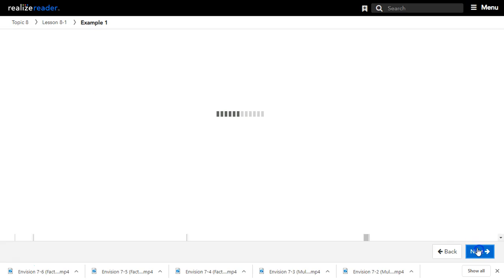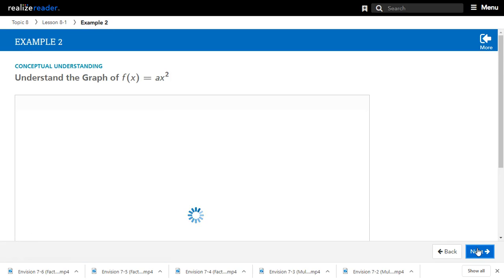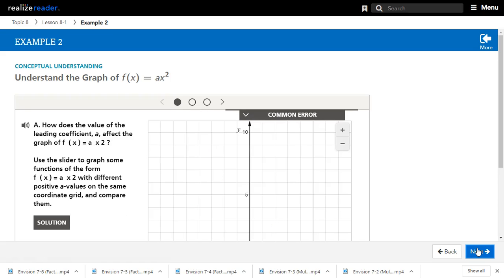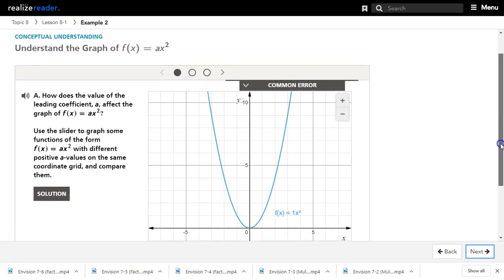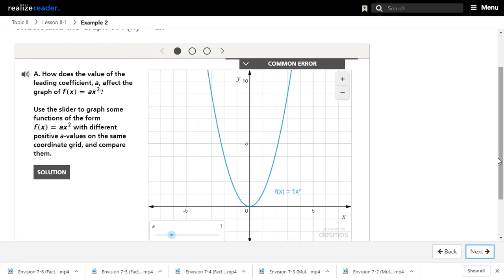All right, let's look a little more into it. Here we are. It says, how does the value of the leading coefficient a affect the graph of f of x equals ax squared? So, they've taken the parent graph and they added a what? An a. We just talked about this, okay? So, use the slider to graph some functions of the form f of x equals ax squared with different positive a values on the same coordinate grid and compare them. So, here's my little sliding rule here,